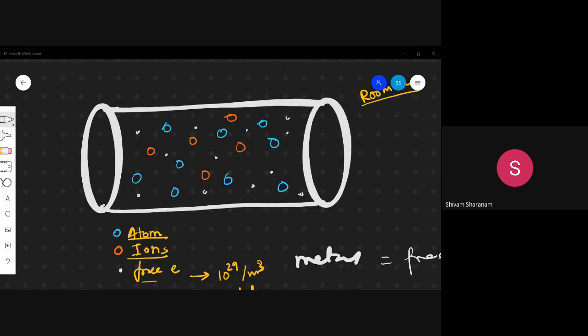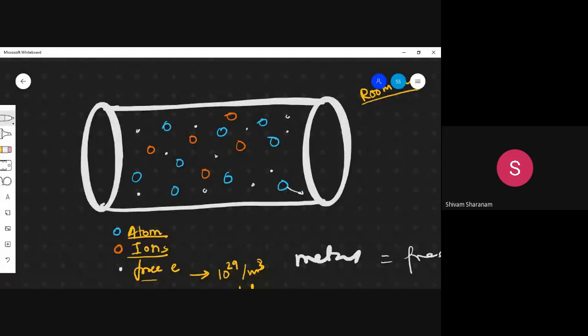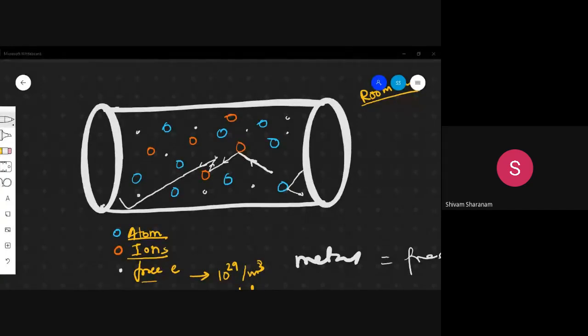This electron can go here, and when it collides, it will change its path. It will come here. Then it will collide with something else. This electron, if it is going in this direction, will collide with this atom. Then it will change its path. Sorry, this is an ion. Then it will collide with this ion. Then it will collide with this electron like this. So they will move in a straight path until they collide with some other particle, right? Yes or no? So which kind of motion do we call this?